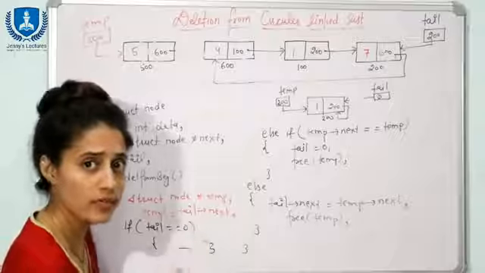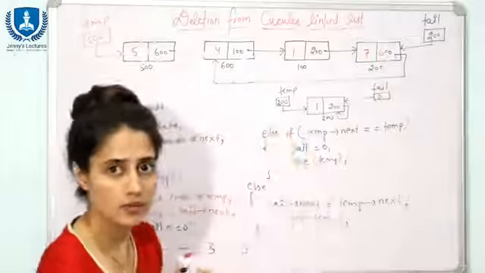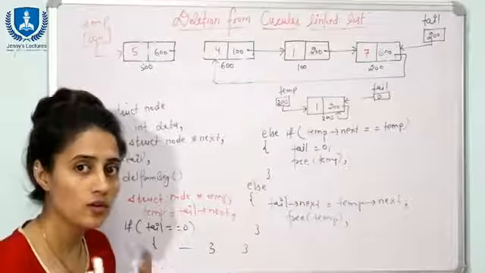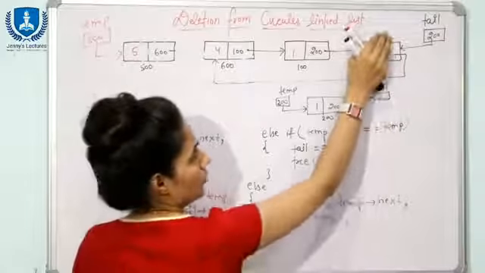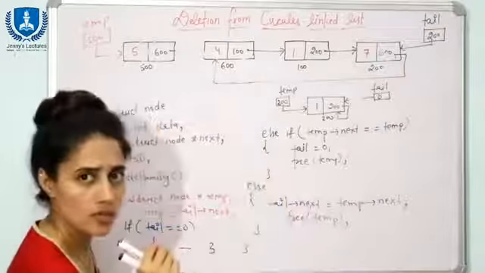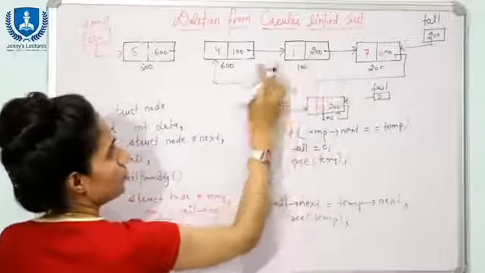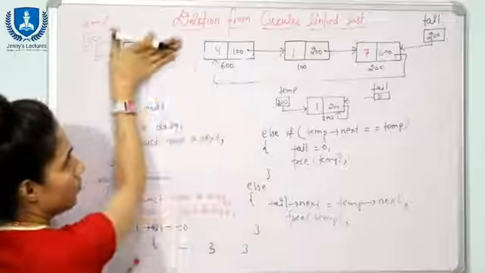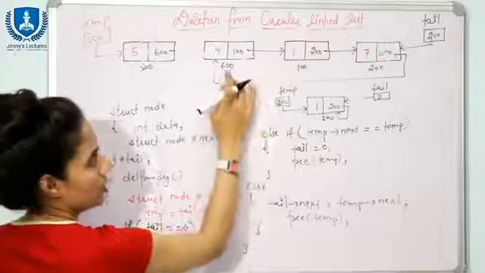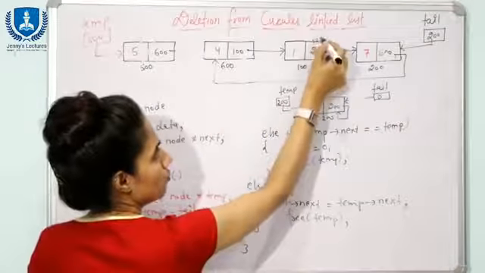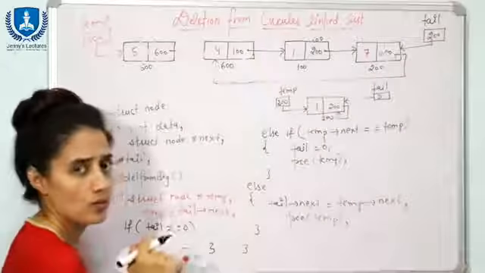Now we will see how to delete data from the end of the list. Now this node I want to delete, right? Now you need to update only 2 things here also. See, if you have deleted this node, in that case this would be the last node of the list. Now here you will store what? Address of the first node. Now suppose here we have only this list, only 3 nodes are there. So here I want to store 600, right? So here I want to store 600.